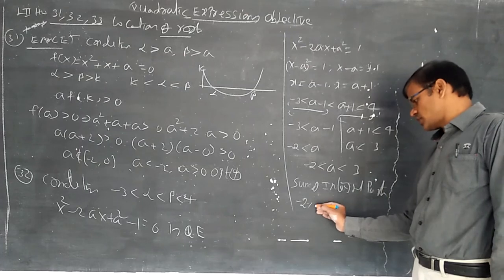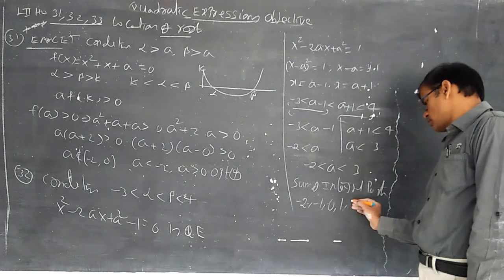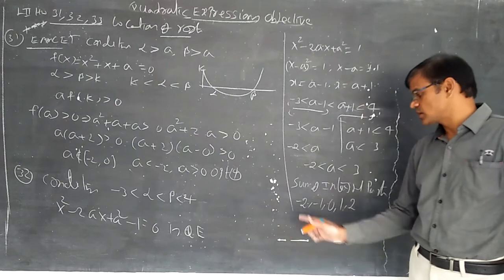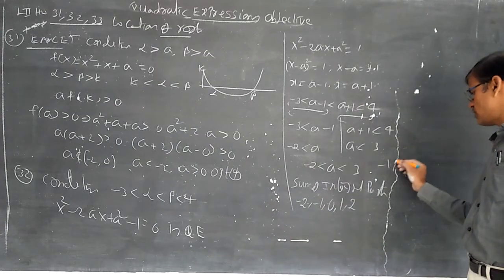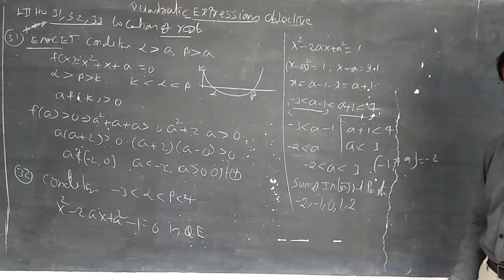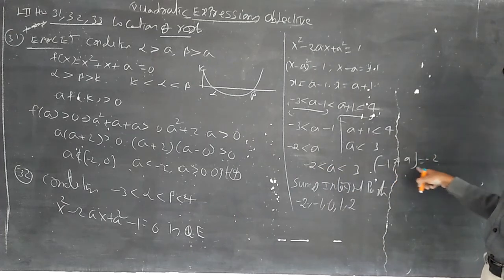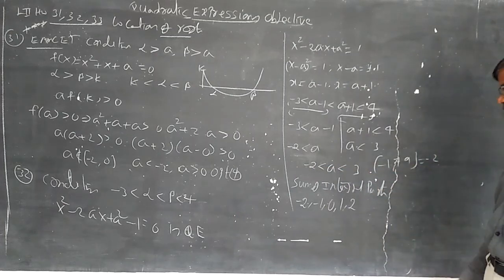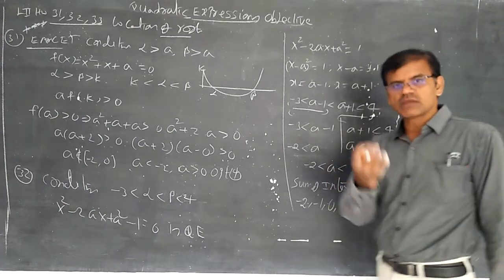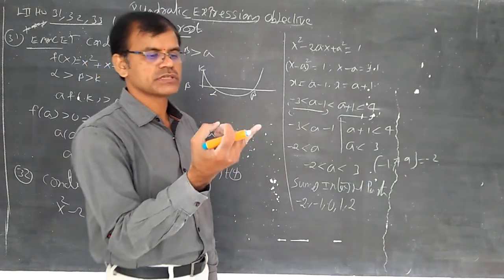Between minus 2 and 3, we are writing minus 1, 0, 1, 2. Example 2, students try to understand: minus 1.79, its step value is minus 2. Minus 2 you should not write directly, but minus 2 will be obtained by applying the real number minus 1.79. So first you can understand whatever values exist: minus 1, 0, 1, 2.